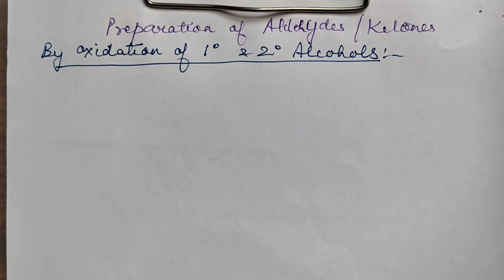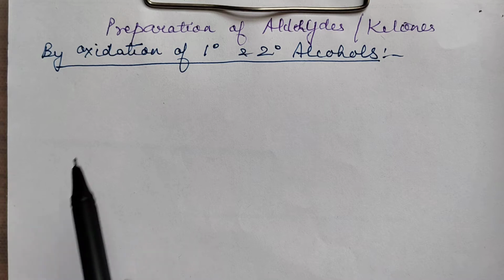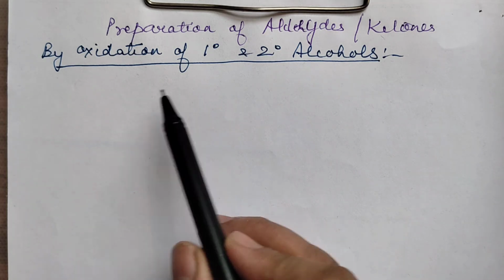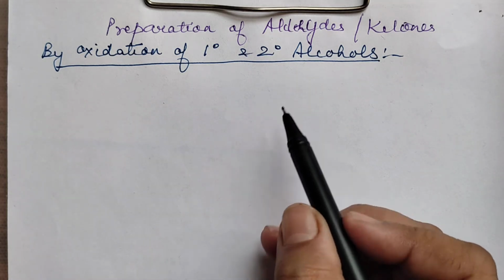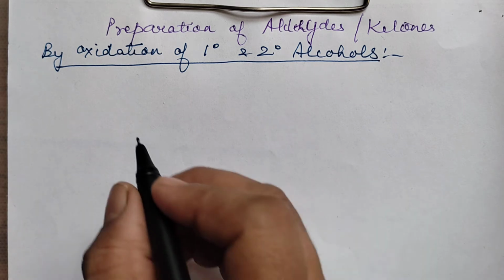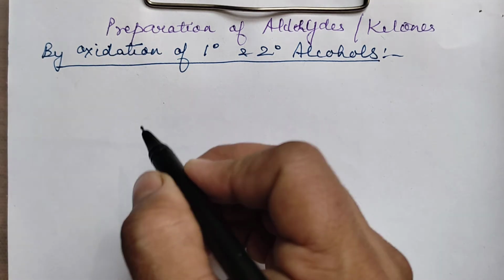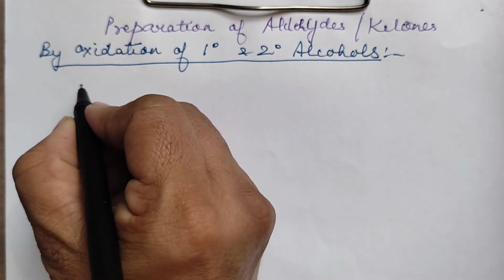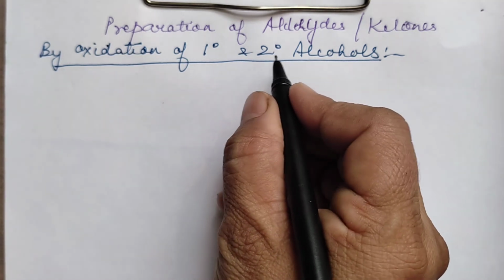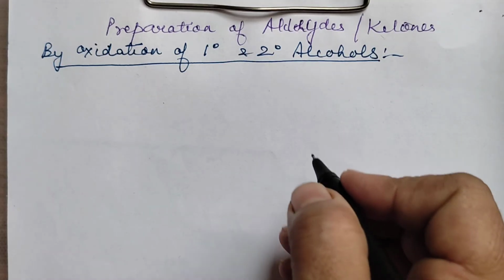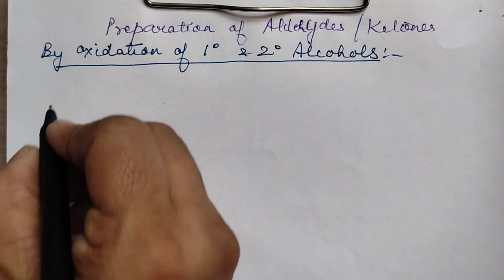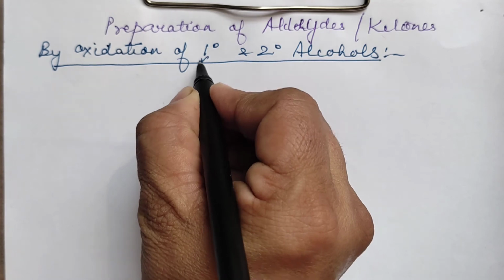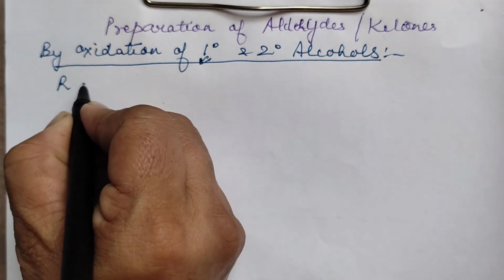Good morning everyone. In today's video we will be discussing the preparation of aldehydes and ketones. The first preparation we are taking is oxidation of 1 degree and 2 degree alcohols. We know that depending upon what oxidizing agent we are using, you will get from the alcohols either aldehyde, ketone or acid. For example, if I start with 1 degree alcohol,